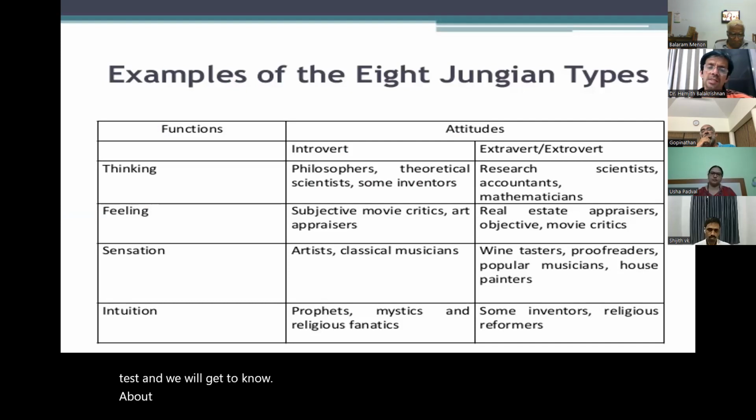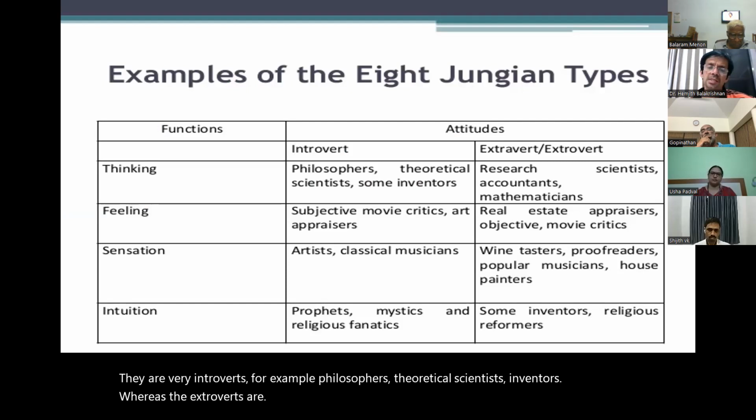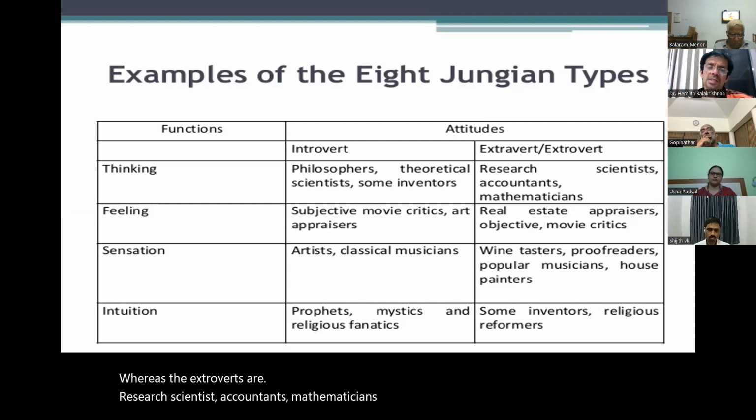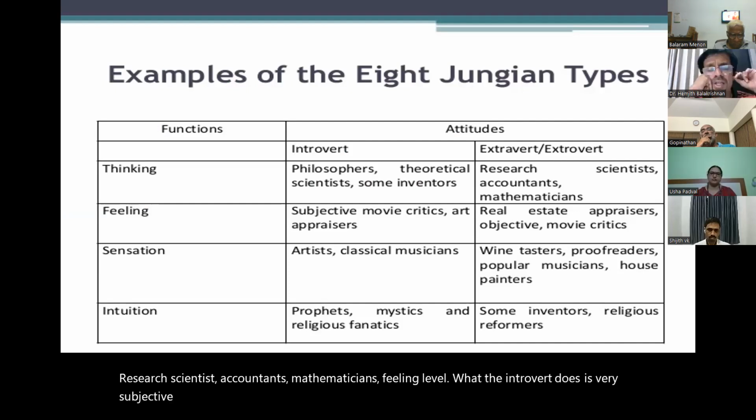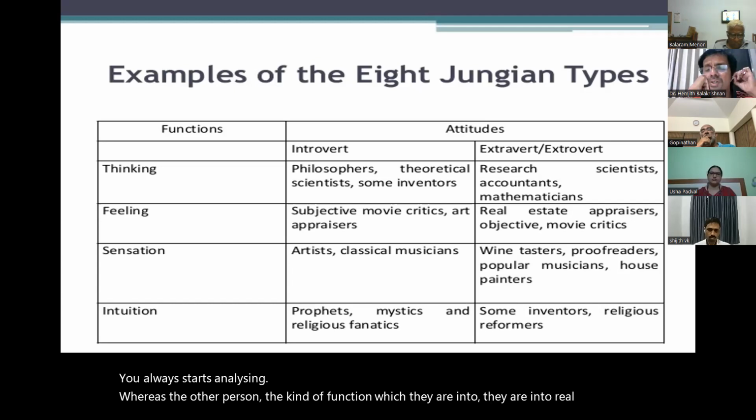What is the function? The thinking person, what does he do? They are very introverted, for example theoretical scientists and inventors, whereas the extroverts are research scientists, accountants, mathematicians. At the feeling level, what the introvert does is very subjective. He always starts analyzing. Whereas the other kind of function is in real estate, appraisers, objectives,